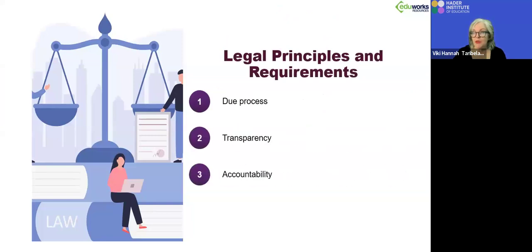So the legal principles are to follow due process. That means that you'll go through your intake and assessment correctly. You will take care of their written information and the information they share with you. You'll keep that safe and secure. That you'll be transparent in all of your dealings. That nothing about me without me is the principle that you apply here. And then you'll be held accountable and you can speak to that. And you use your documentation to support those claims.